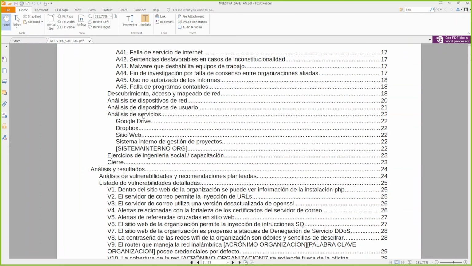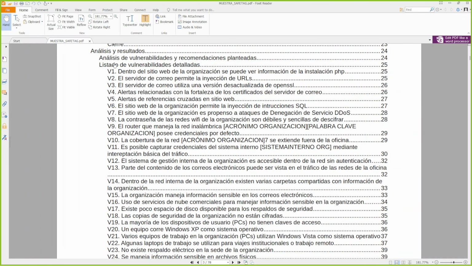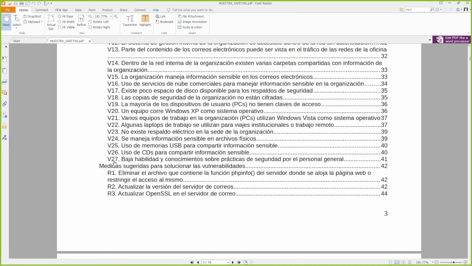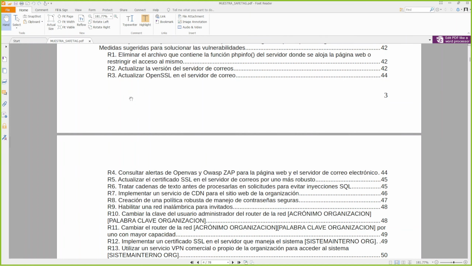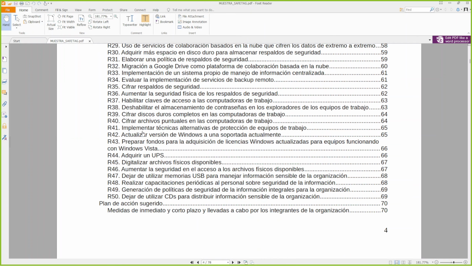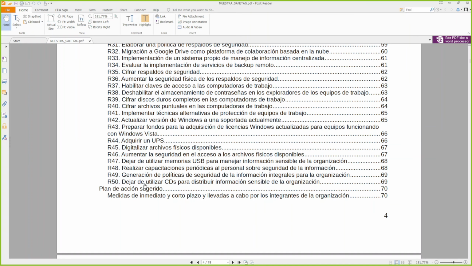Then I put here the description of the activities. Then I listed all the vulnerabilities I found during that week-long audit. Again, 27 vulnerabilities. That might be on the high side of things as well. And then I sat down with these 27 vulnerabilities, and I built a list of, wow, 50 recommendations. A lot. Again, when I first showed this to other auditors, they basically said, "What? I put 10, and that's a lot,"